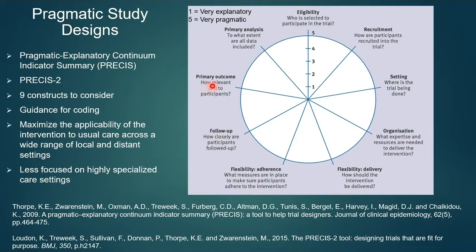Primary outcome, how relevant is it to participants? That calls outcome the whole concept of patient-oriented outcomes, in which outcomes such as satisfaction with healthcare, having the experience of being treated with dignity and respect, and so forth, are held as equally important outcomes as the health outcome. As it turns out, it's been found that in many situations, those sorts of outcomes are of equal importance to